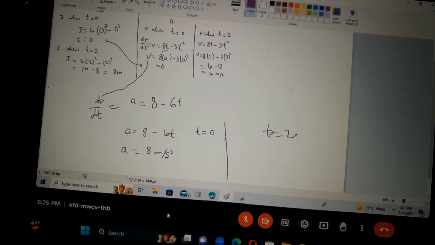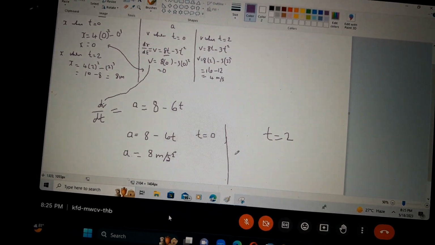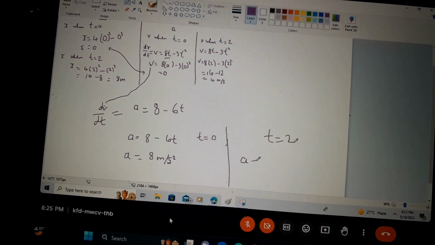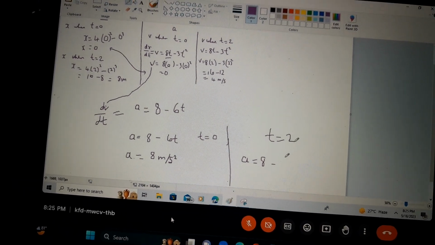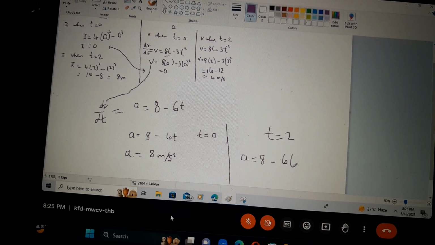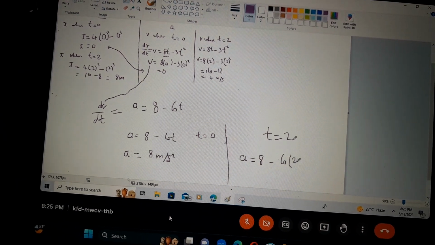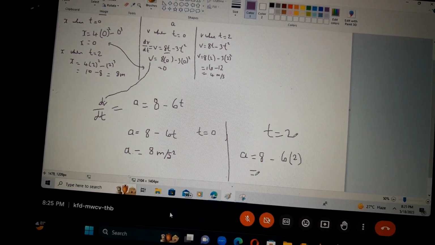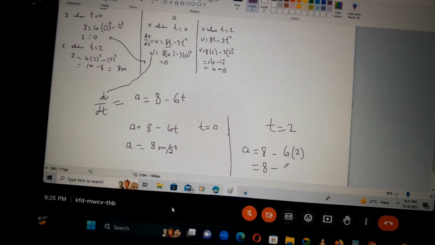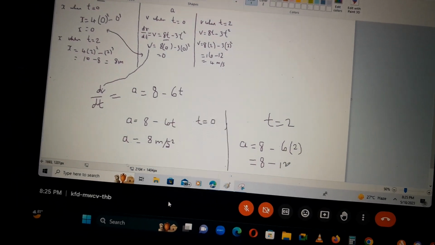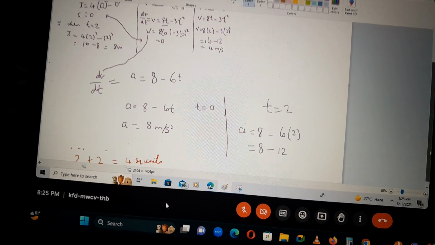And what's the acceleration at t equal to 2? So it will be 8 minus 6 times 2, which is 12. So it's negative 4